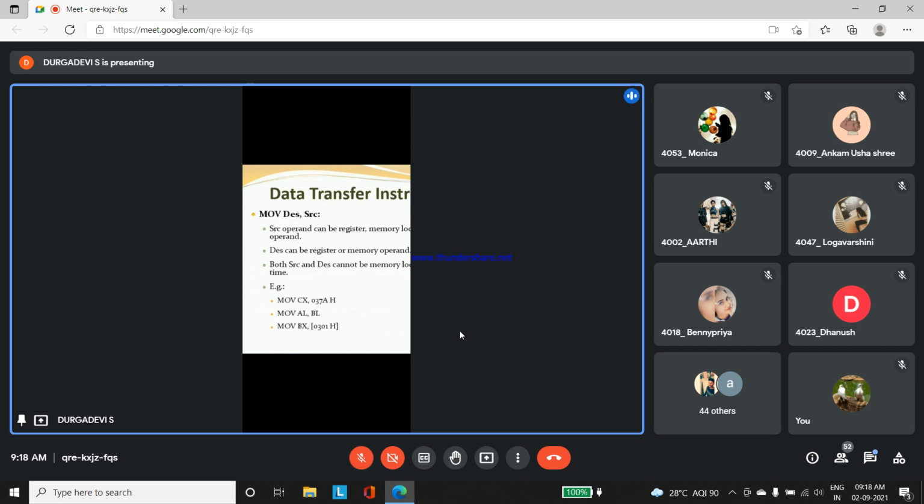Here the data is present in the instruction itself, so it is called immediate. Is it clear? See the next one. MOV AL, BL. So here the data transfer is between